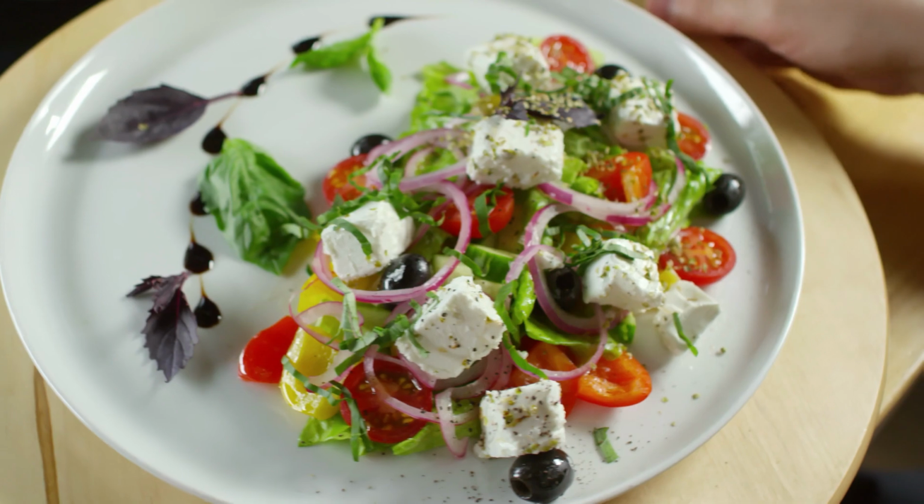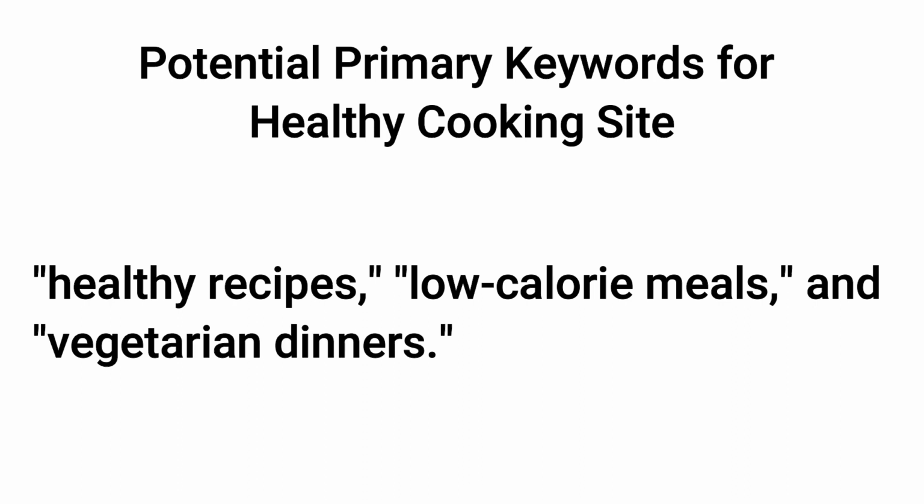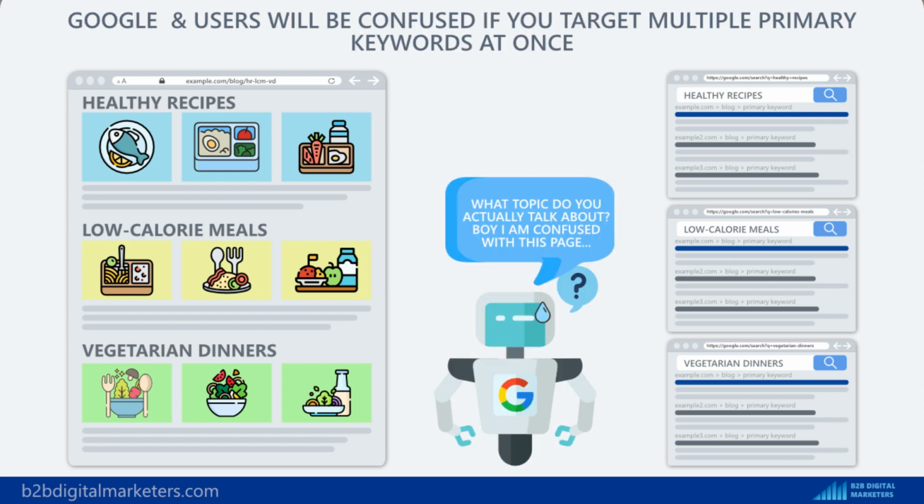For example, if you have a website about healthy cooking, then you might want to rank for the primary keywords healthy recipes, low-calorie meals, and vegetarian dinners. However, you shouldn't try to optimize the page for all three of these primary keywords, as the page won't be as relevant to all three keywords. This would not only confuse your users and perhaps annoy them, but